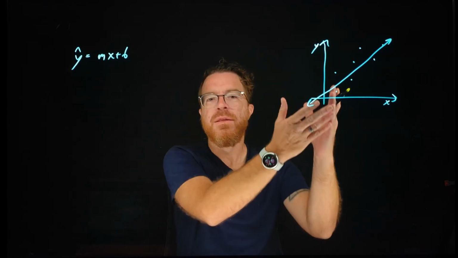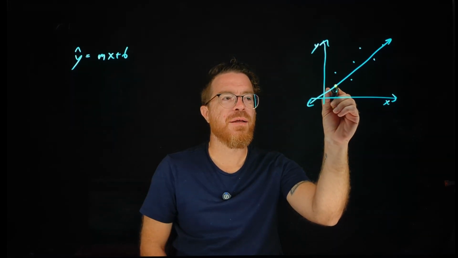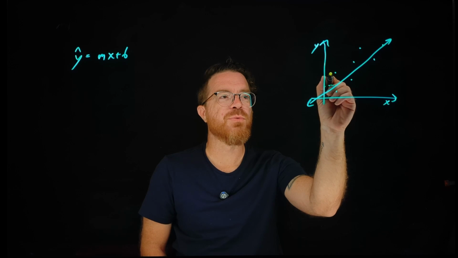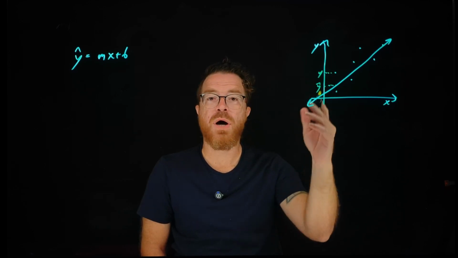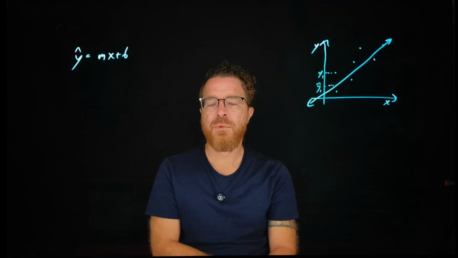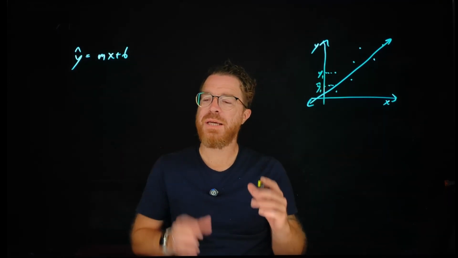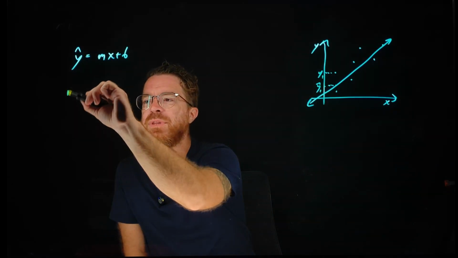That is to say, the y value you get from your line, not from the actual data point, right? So this would be y hat, this would be y for point 1. The slope is going to be a little bit more complicated though. So the slope for this is going to be